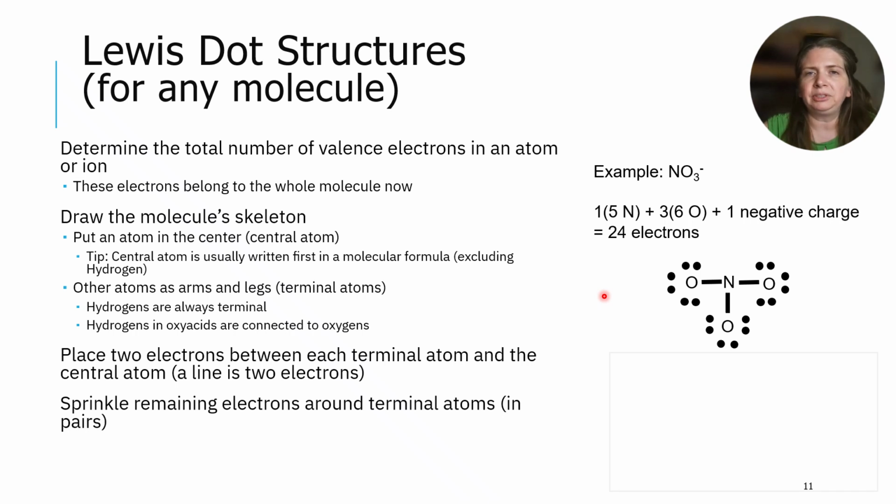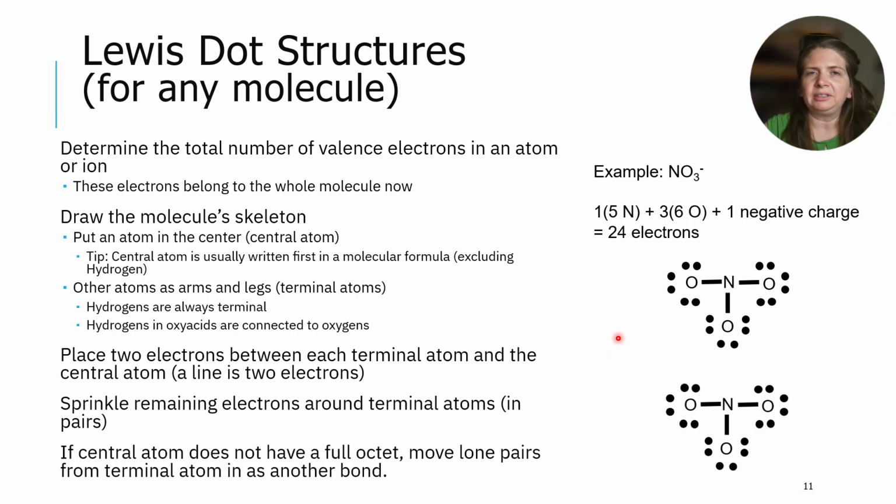Multiple bonds only form when there is an electron shortage. Always begin by drawing single bonds first. Nitrogen needs only 2 more electrons to complete its octet, so we will create 1 double bond. Choose 1 oxygen atom, erase one of its lone pairs, and then use those 2 electrons to form a double